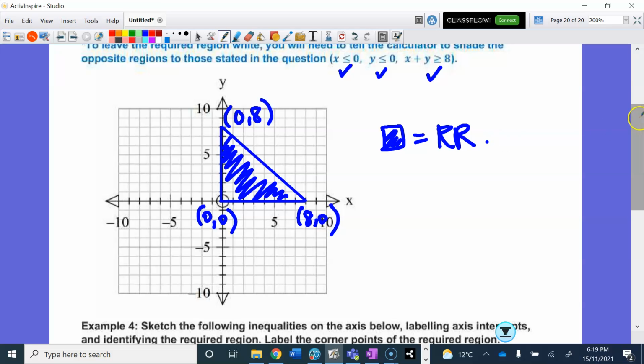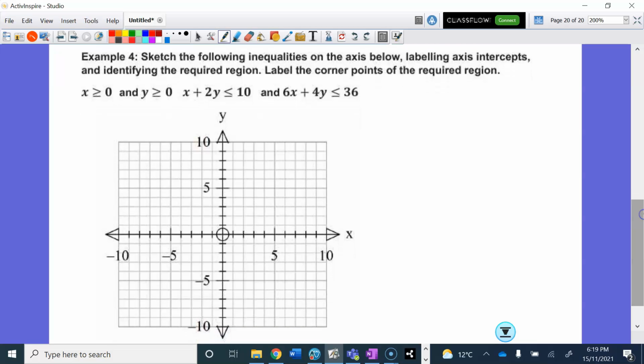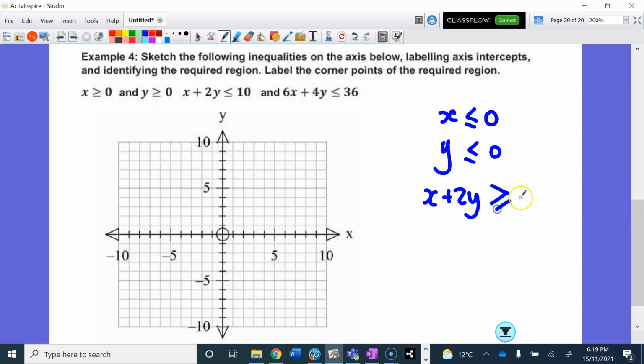Okay, so I want you guys to try this next one. This has got 4 on the one graph. And again, I want you just to practice going opposite. So instead of typing in x is greater than or equal to 0, I want you to type in x is less than or equal to 0, y greater than or equal to 0, so you're going to go the other way, x plus 2y, opposite, and 6x plus 4y,